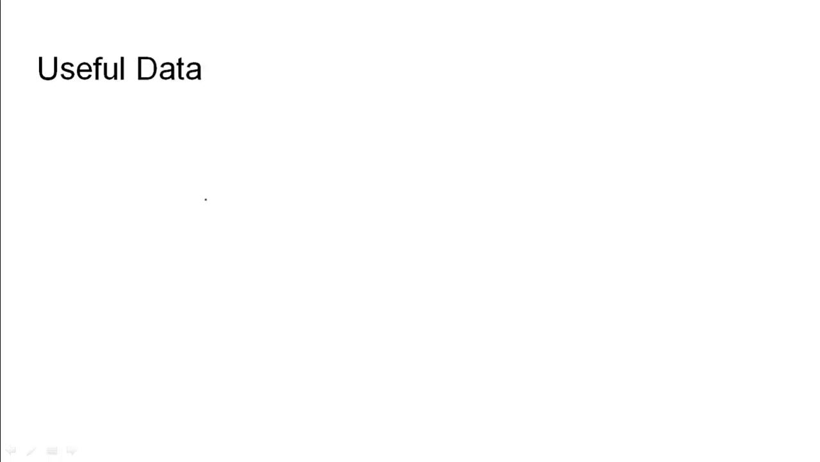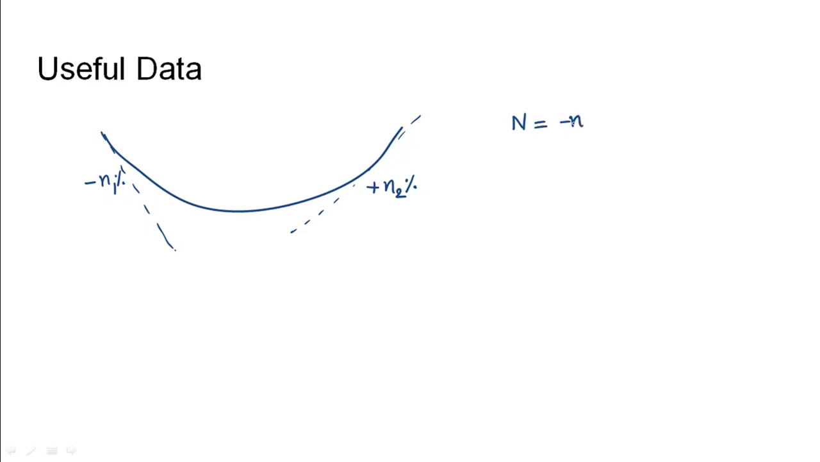Coming to the useful data, if we have been given a valley curve where the gradient is changing from minus n1%, which is a descending gradient, to a positive gradient of plus n2%, the change in gradient is given as minus n1 minus of n2, which can be given as minus n1 plus n2. So the magnitude of the change can be taken as the positive of this, that would be n1 plus n2. So the length of the valley curve is designed